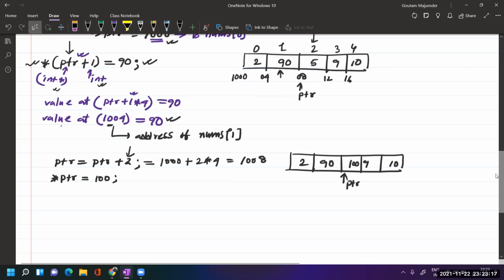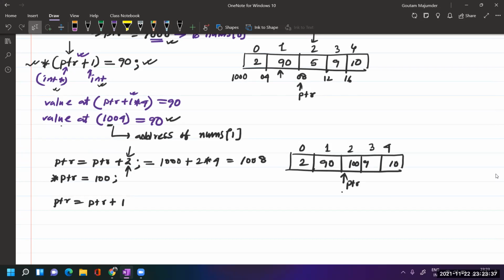Just consider this value as an index of the array, then everything will be fine. See now, if I write PTR equal to PTR plus 1, what does it mean? Right now, PTR is here. What is the address? Address is 1008.